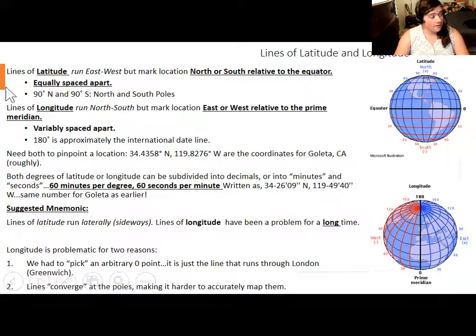Now, moving on to lines of longitude, you'll notice that they don't quite have the same geometry. Instead of these evenly spaced lines, they all get closer together at the poles and they all converge at the poles. You'll also notice that there really isn't an east or west pole, just like I mentioned. We have the prime meridian, which we somewhat arbitrarily set as the dividing line, and that actually runs through the North Pole and onto the other side. On the other side, we consider that to be 180 degrees. 180 degrees approximately corresponds to what has since been defined as the international date line, which is how time zones and day are defined.